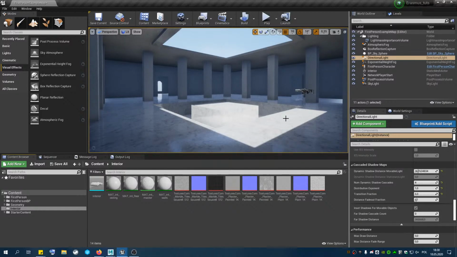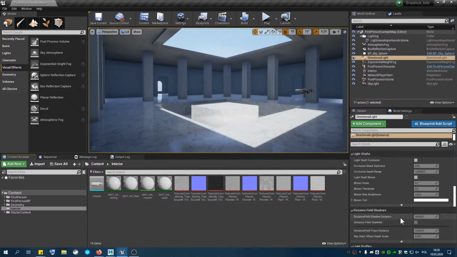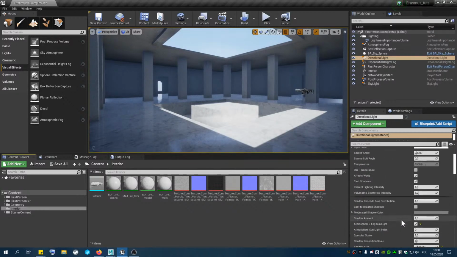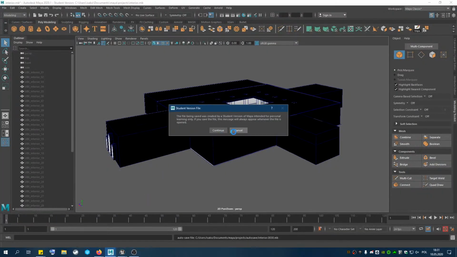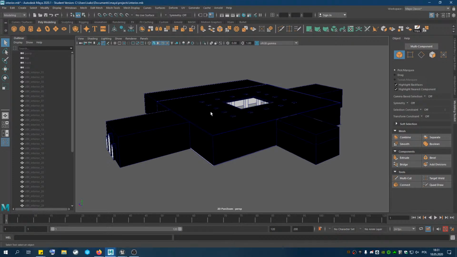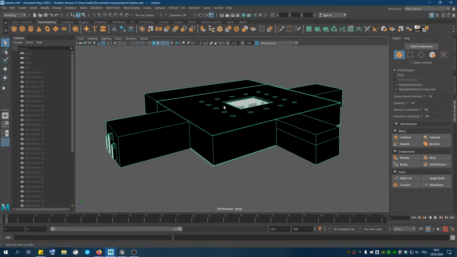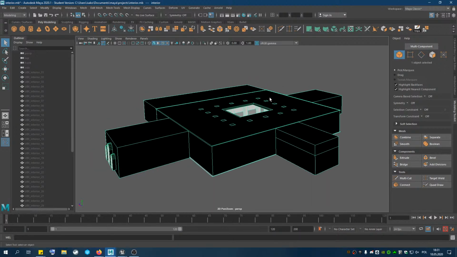So if you have any questions right now, I can answer them. What else can I show you about the lighting and effects? This was somewhat compressed, and we are already running for an hour. So this is in general how you can improve the visual fidelity of your scene. The most important part is to create the mesh the way it should be. We have a little bit of a problem with that, and we somewhat eliminated some of them, but we still need to fix some things with this particular mesh. I will probably not do this on the stream because we need to move forward,